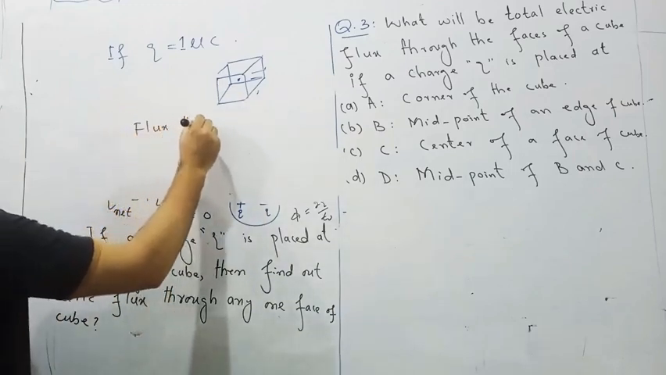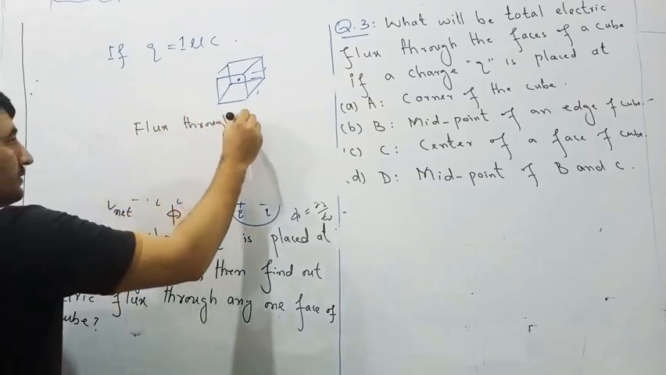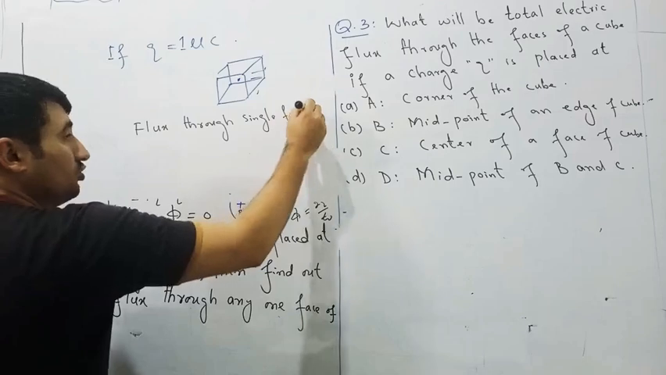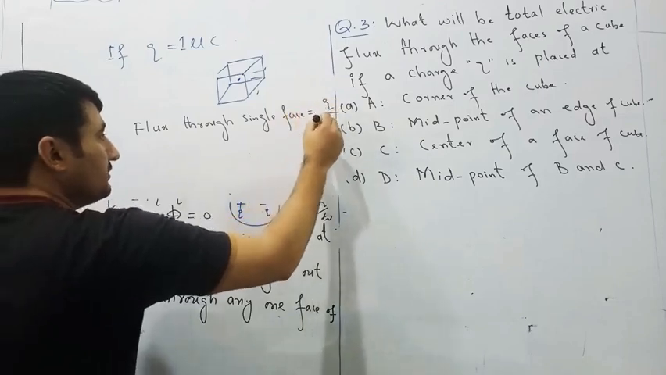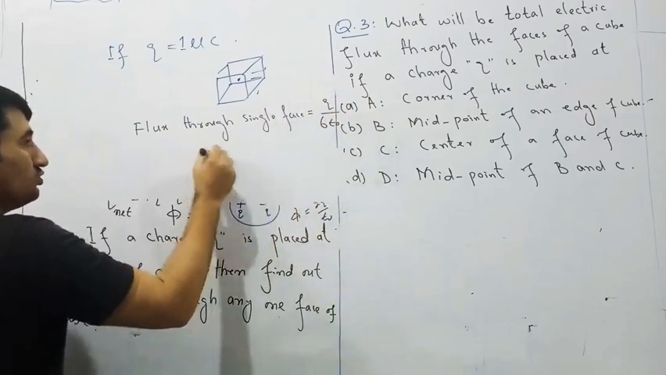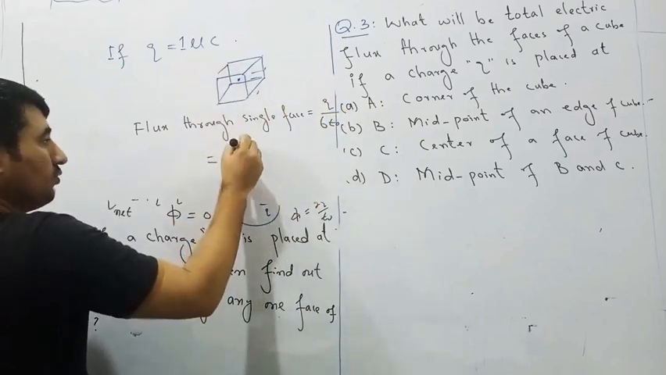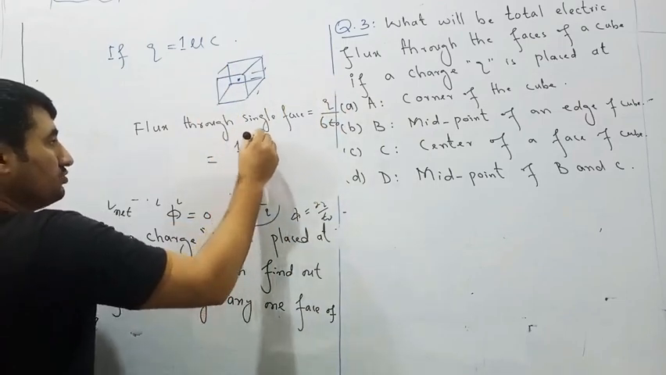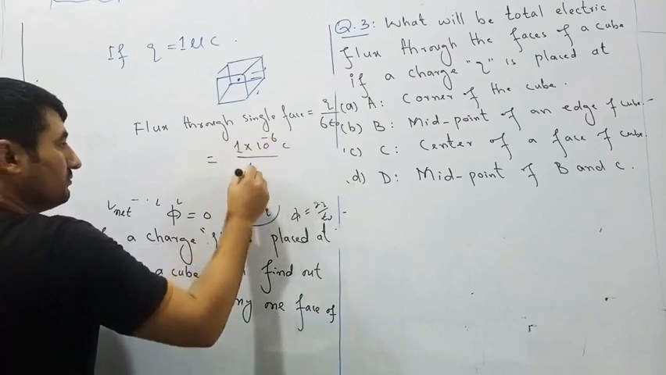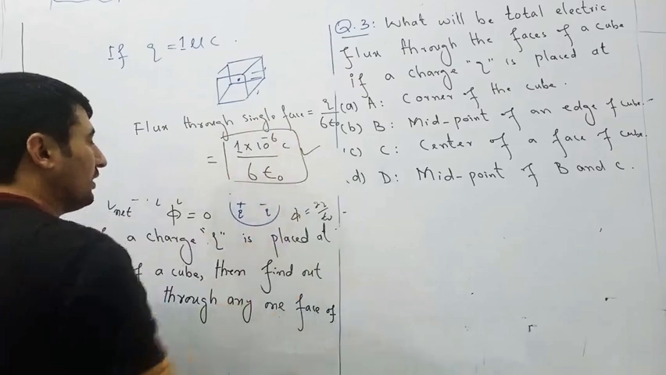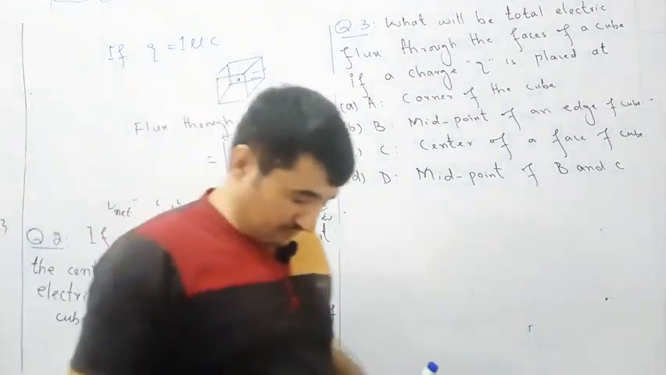So flux through a single face of the cube is equal to Q by 6 epsilon naught. So you just put the value of Q, that is 1 microcoulomb, 1 into 10 raised to the power minus 6 coulomb, divided by 6 epsilon naught. So that would be the correct answer. That's very easy. Next,